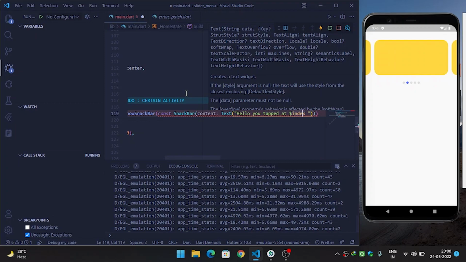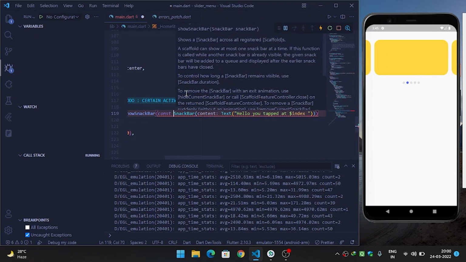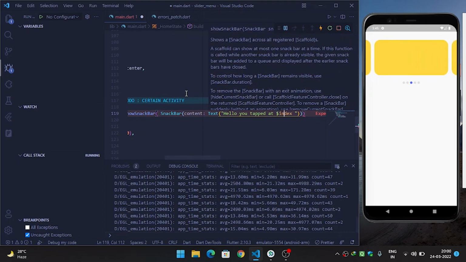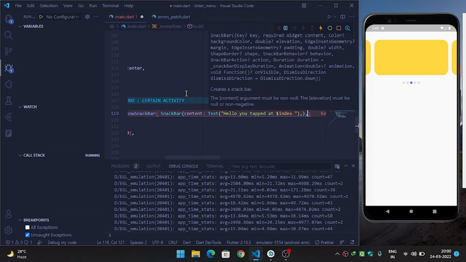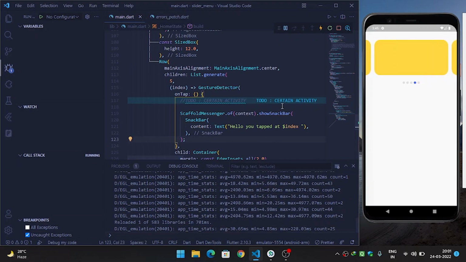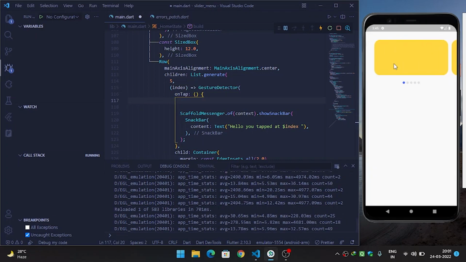Then I will remove hello. We are getting an error because we are using const, so we need to remove this const, and a semicolon is required, so put a colon and then a semicolon. Now remove this certain activity. Now when I click on here,